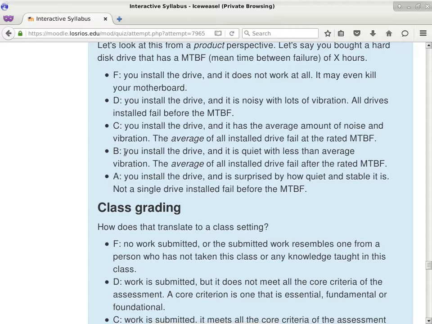Yes. So a B means, now a B is good, okay? A B means you install the drive and it is quiet. It's quiet beyond your expectation with less than average vibration. The average of all the installed drives fail after the rated MTBF. So you might have one or two drives occasionally failing before the mean time between failure, but on the average